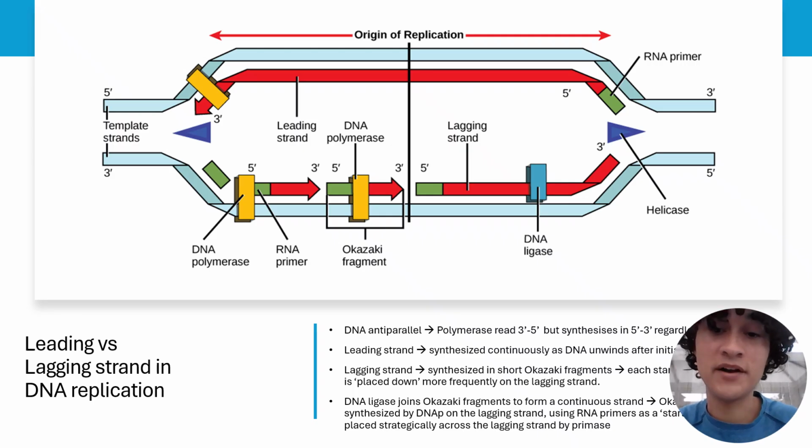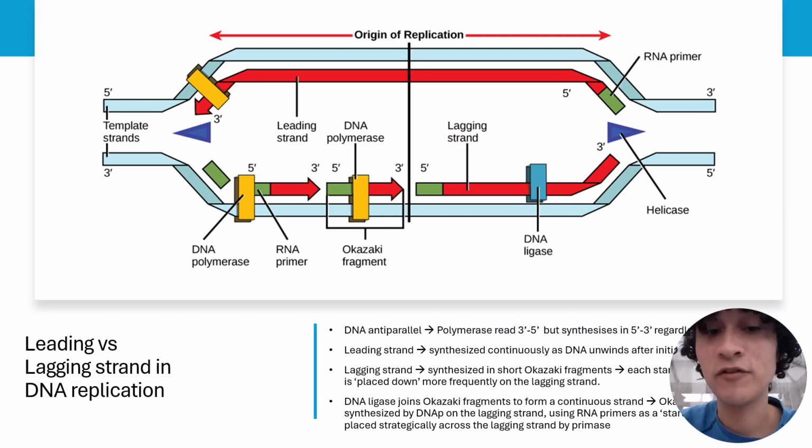Primase will place a short RNA primer, and DNA polymerase is able to assemble a long daughter strand using that exposed 3' hydroxyl group from the RNA primer. When DNA polymerase adds its incoming deoxynucleotide triphosphate, that nucleotide is going to have its 3' hydroxyl group exposed, acting as a nucleophile, ready for another incoming deoxynucleotide triphosphate. So it can form a long daughter strand without any problems, but the lagging strand is a bit different because